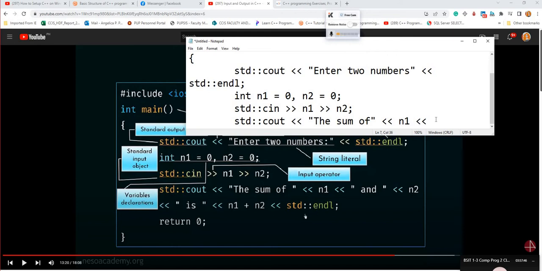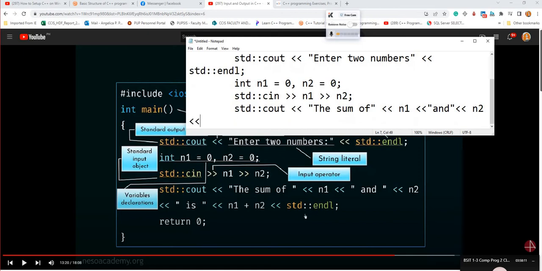Yung text, kailangan daw naka-enclose sa quotation, and tapos output space n2. Tapos shift space again, another output, yung "is". "is" sa loob ng quotation mark kasi text siya, and then